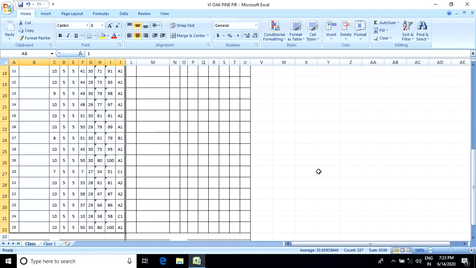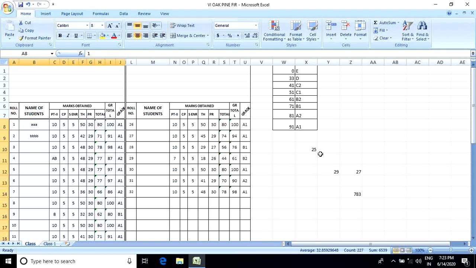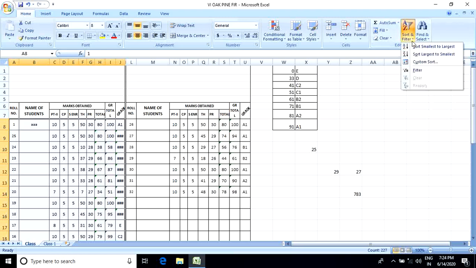Sort and filter means arranging in ascending order, A to Z, Z to A, and filtering the values. Look at that, smallest to largest, largest to smallest, automatically.